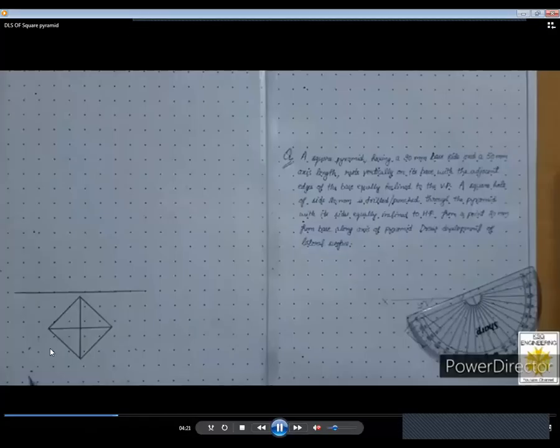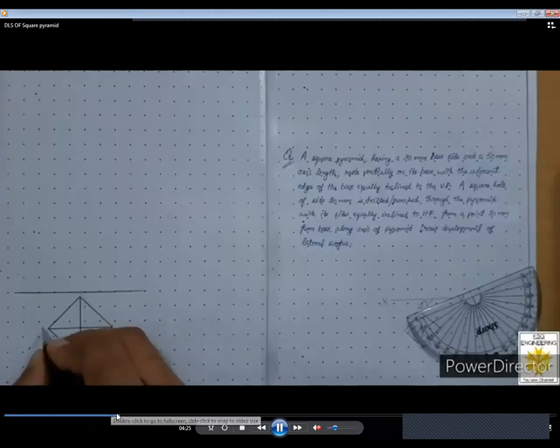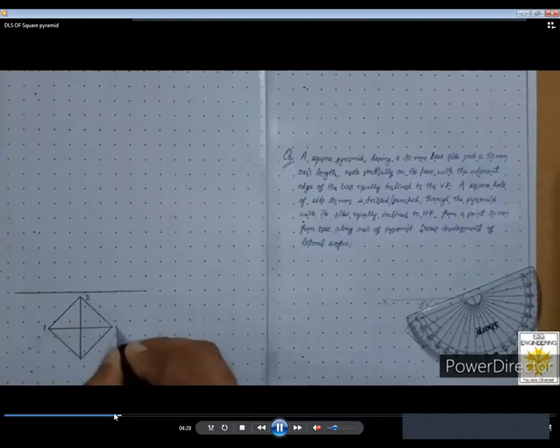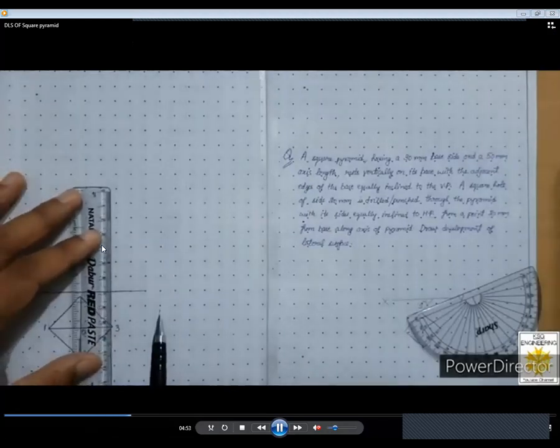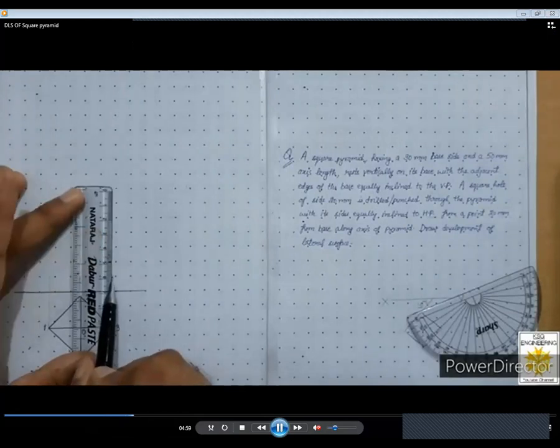Now we will draw the front view with the help of these projections. Just give the name or number over here. We are giving 1, 2, 3 and 4. The central point is O. Now take the projection in front view, above the XY line, with the help of faint lines. All these lines should be faint. These are the projection lines.